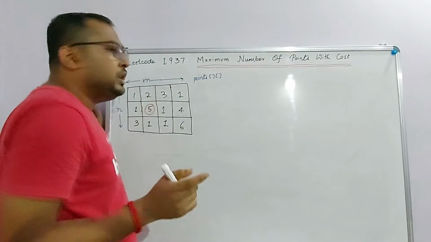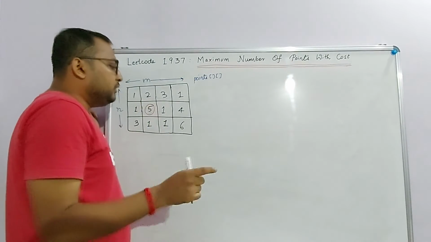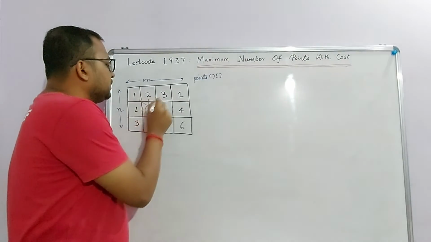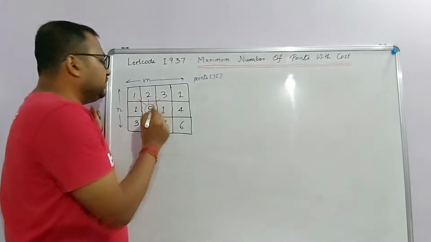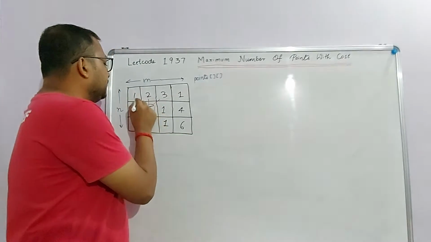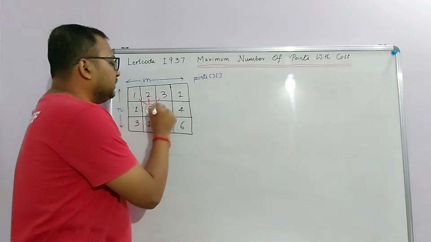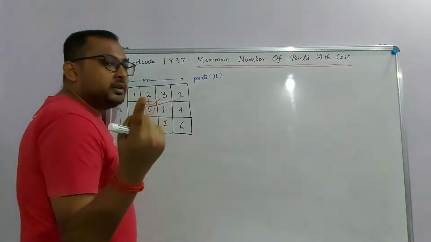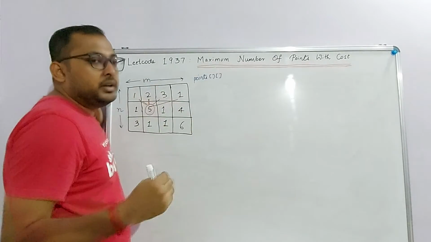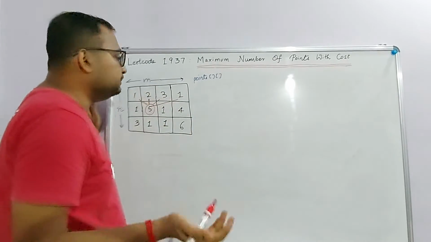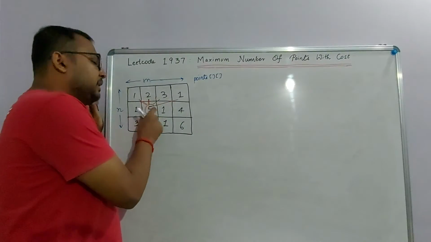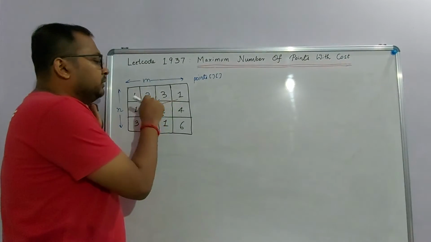That's the observation. In the first subproblem that we solved, we could only reach a particular value at a cell from 3 positions, right? This or this. But in this case, we can reach it from all the above m states. We can reach it from here, from here, or even from here, because the condition is that we only pick one value from a particular row and then we move ahead to the next row, pick any value, and we have to maximize the score. So this can be chosen. That means we can reach here from any of the above m states.